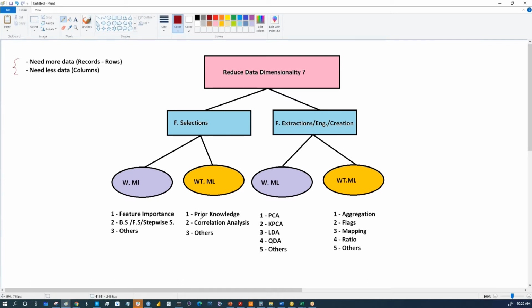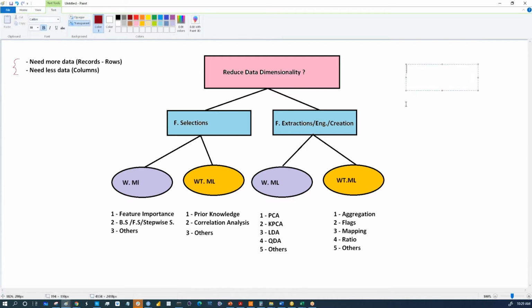Today we are going to talk about prior knowledge, feature selection without machine learning. Prior knowledge is simply your knowledge of the features. Basically, in most of the projects that you will be working on, just stay away from any personal information. For example,